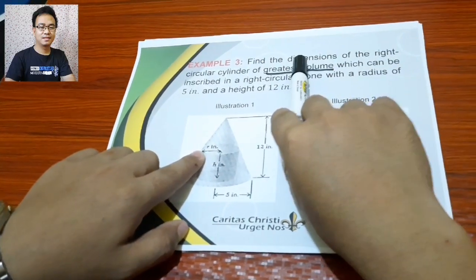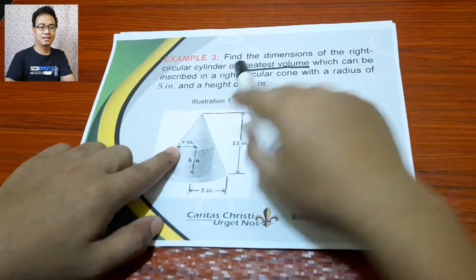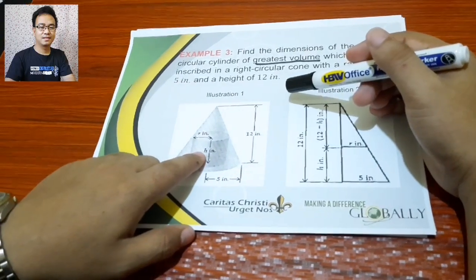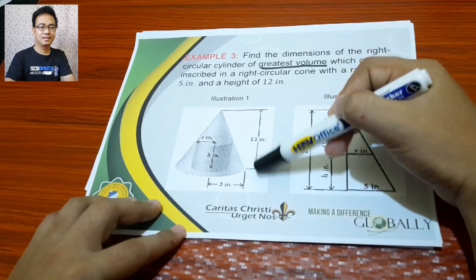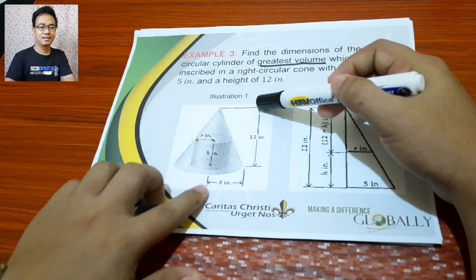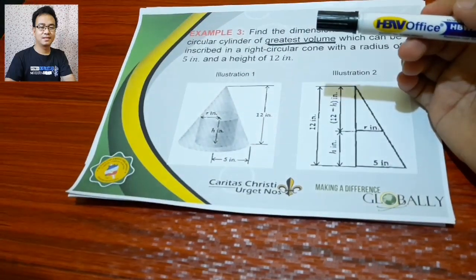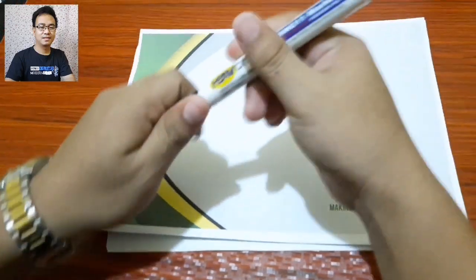Take note that we are tasked to find the dimension of the right circular cylinder. So therefore, we need to find the value of this r and the value of this h. Having the idea that the height of the cone is 12 inches and the radius of the cone is 5 inches. Okay. So for our solution,